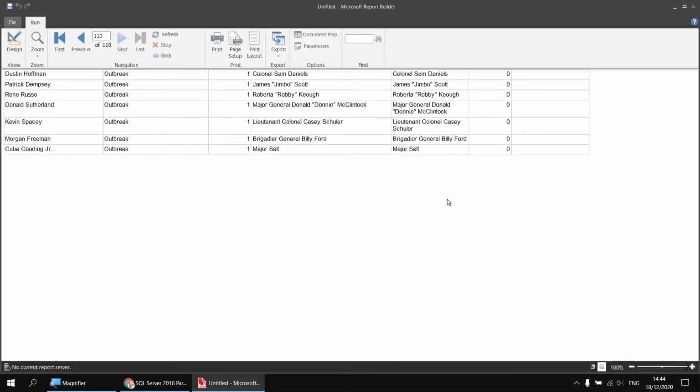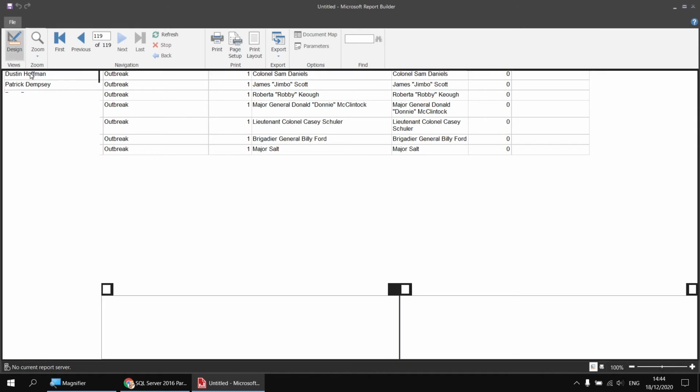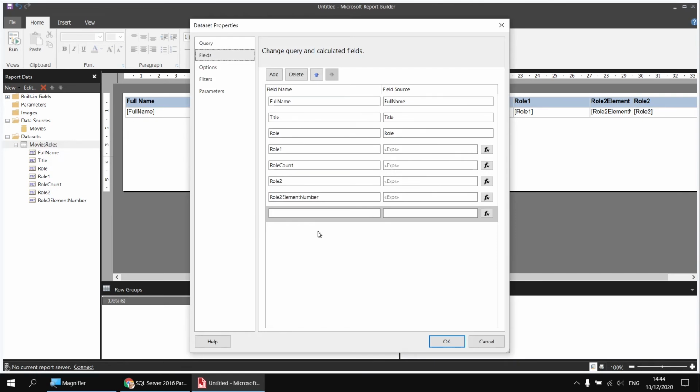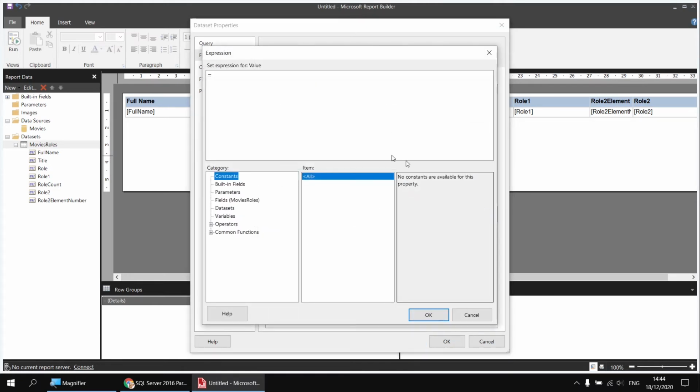To calculate the name of the third role for the actors which have them takes a similar approach. We need to calculate a valid element number to return and then pass that into the function which returns that specific element from the array. So to make that work, let's take a slightly different approach. I'm going to use a different function for this. I'm going to head back to the design view, and I'm going to right click Movies Roles and add a new calculated field. Let's start by calculating the element number. I'm just going to copy and paste the previous column name and then just edit the number so it's roll 3 element number. I'll hit the FX button to launch the expression builder,